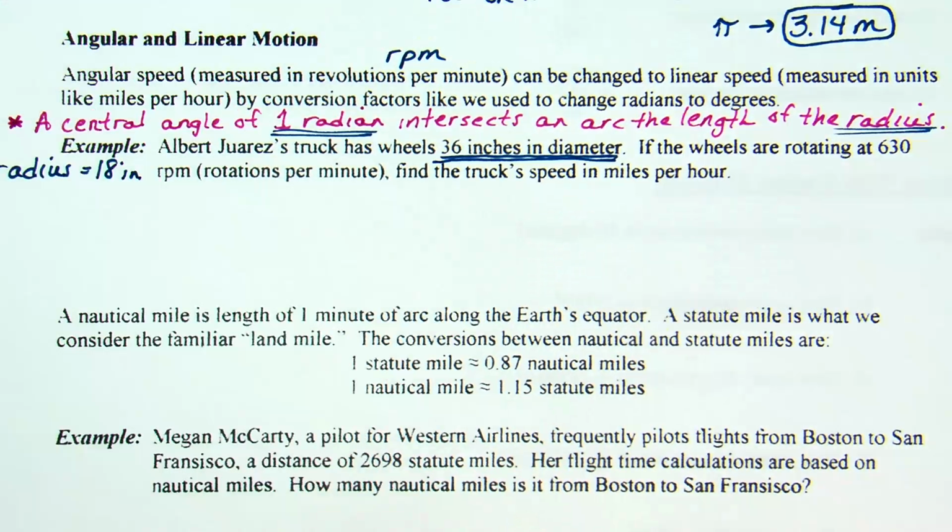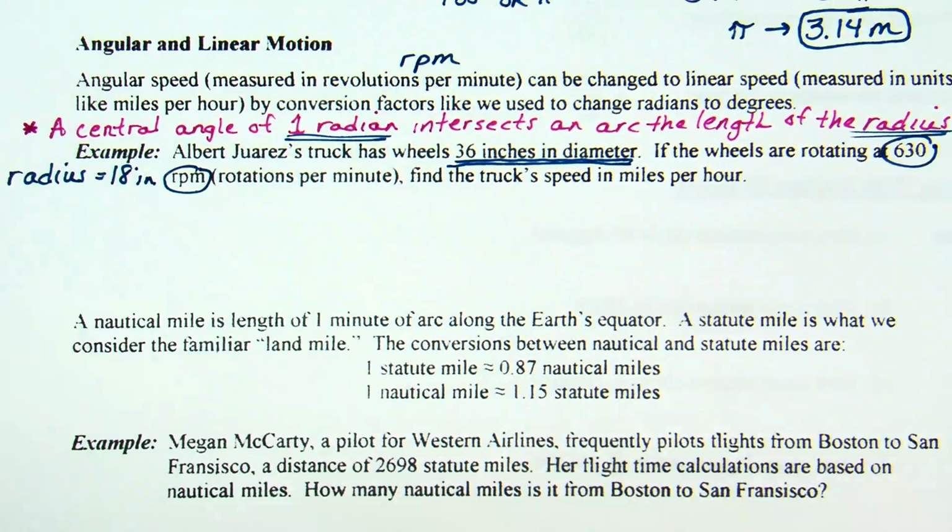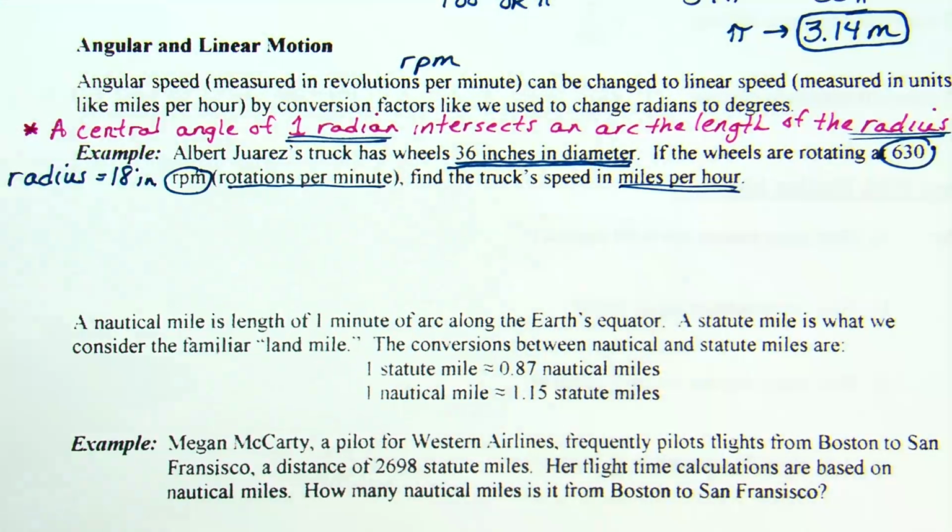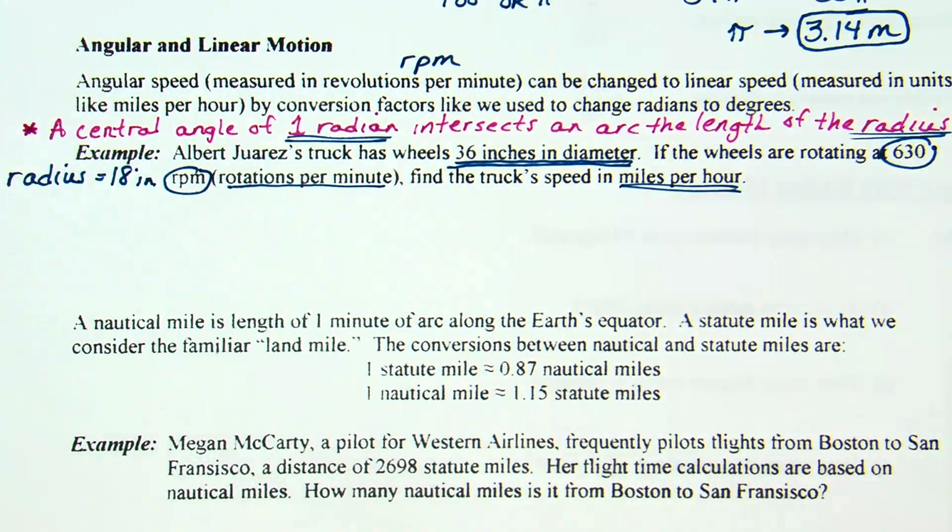And the other information we're given? 630 RPM. So rotations per minute. And what are we trying to find? Miles per hour. So we're trying to take this rotations per minute that we have, and we're trying to convert it to miles per hour. So rotations to miles and minutes to hours. Now,